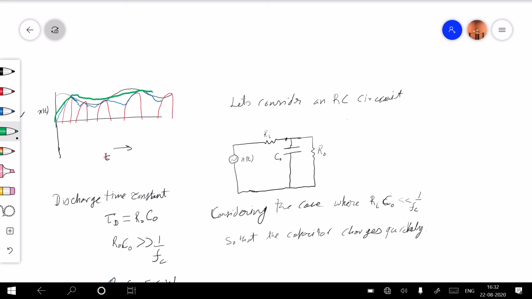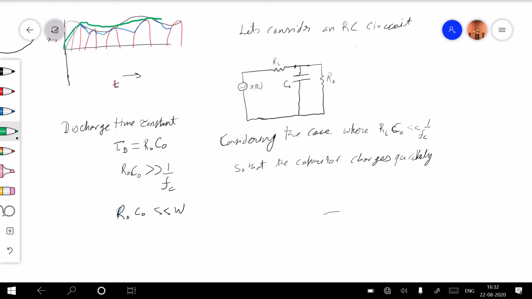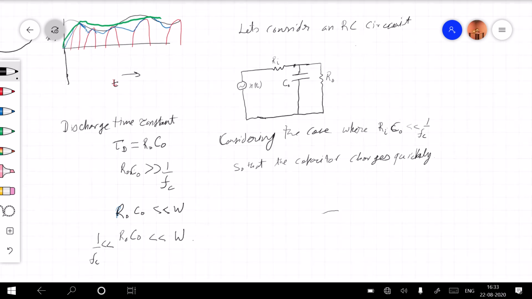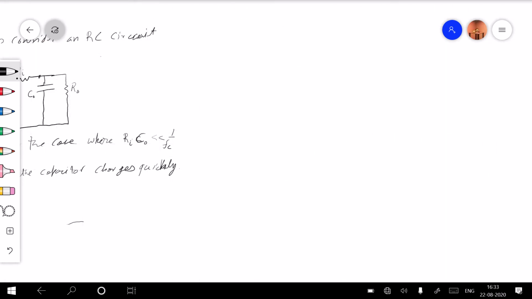So in order to accurately track the envelope, the condition that you should have is R_0 C_0 less than the message bandwidth, and this entire circuit, with the diode,